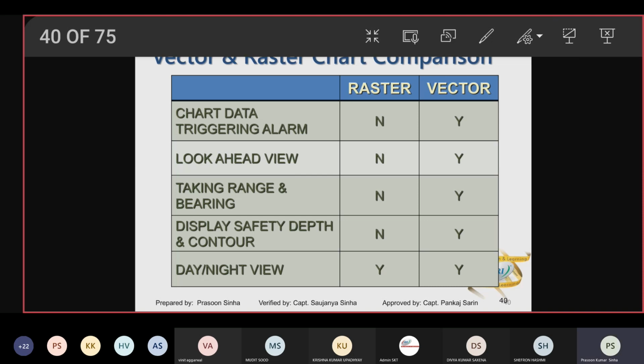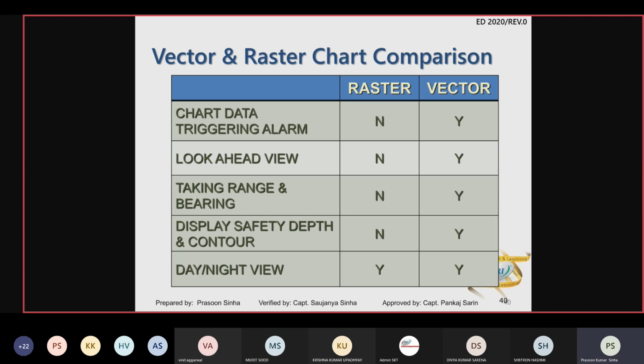Taking range and bearing, not possible in raster chart, very much possible in vector chart. Because when you are changing your VRM or EBL to find out range and bearing of an object, it is not identifying that object as object जिससे आपको रेंज करके बता सके। But of course रडार से यूज करके आप कर सकते हैं, बट कर्सर से यहां से वहां तक का कितना रेंज एंड बेयरिंग है वो नहीं पता चलेगा।